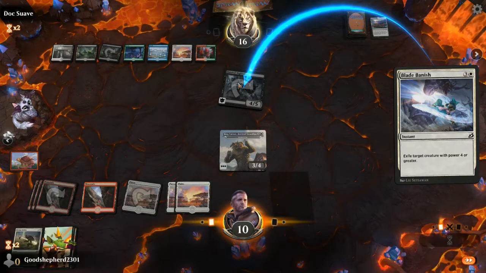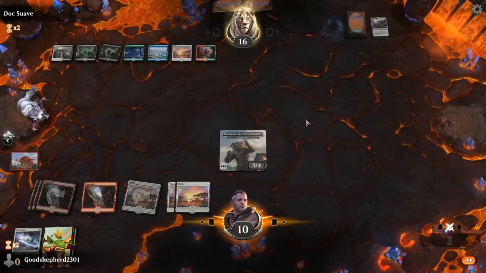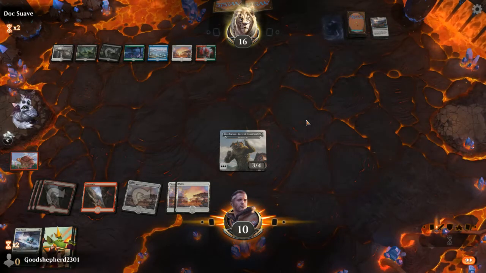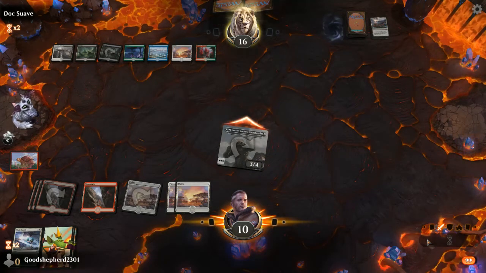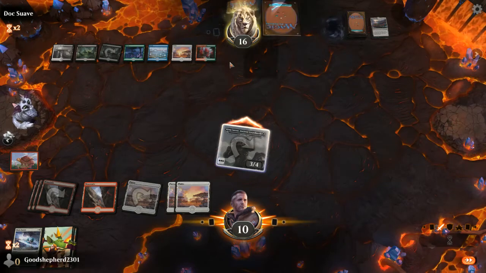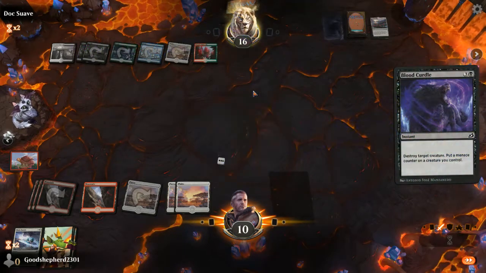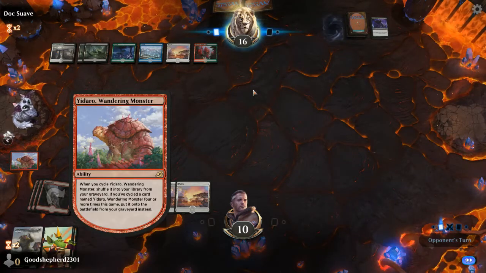No choice. Have to Blade Vanish this now or forever hold my peace. Please don't tell me you have a way to counter this. Okay, we kind of survived. Barely, but it's still there. Yeah, Swallow Hole would have been great in that case. And then he has a Blood Curdle. Okay, so he's...